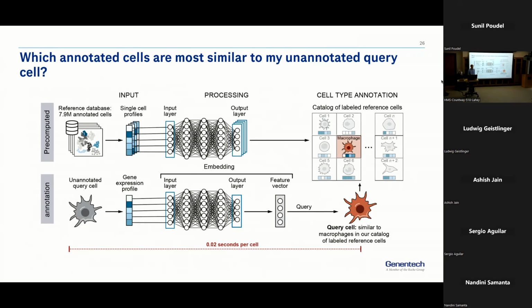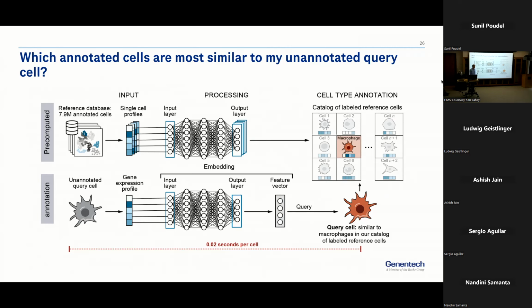Hey, Graham. How would this handle cells that are not in your annotated reference, like out of distribution cells? Even though they're amazing large data sets, for certain organs that are not deeply cataloged enough, there might still be rare cell types that may not be in your reference. So would it tell you that it's out of distribution, or is there a sense of the error or the uncertainty for the cell type classification if you were to give it new data sets?